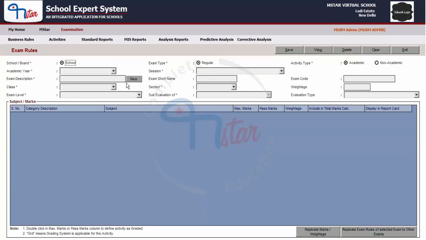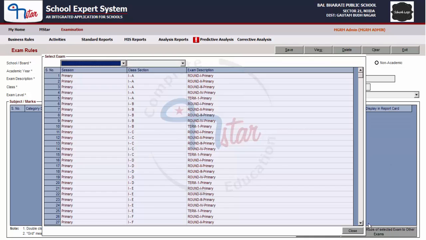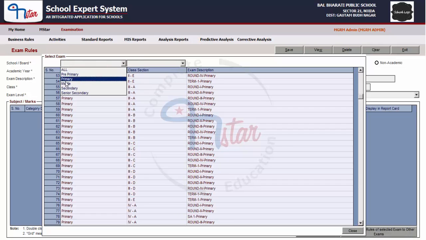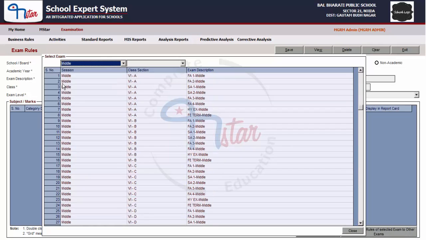After the screen opens, select the academic year and click on the View button to view the list of all the examinations for each session and class section defined already. Click on the box above the session and select the session.